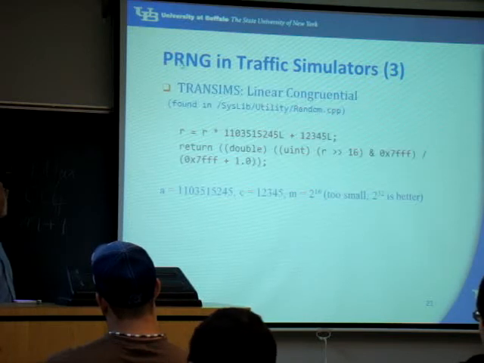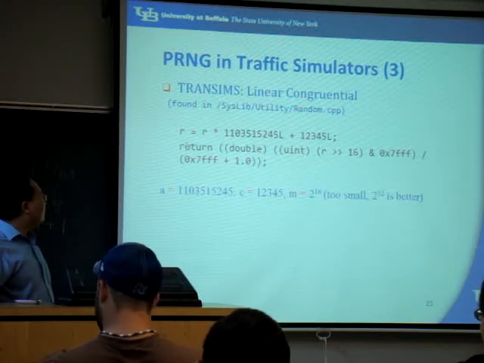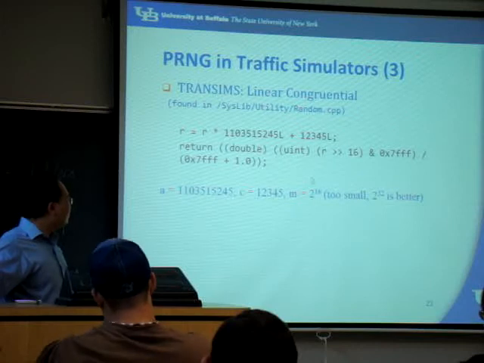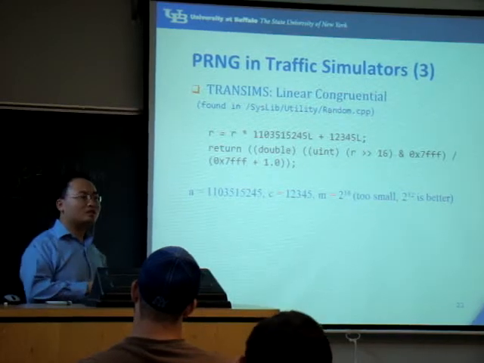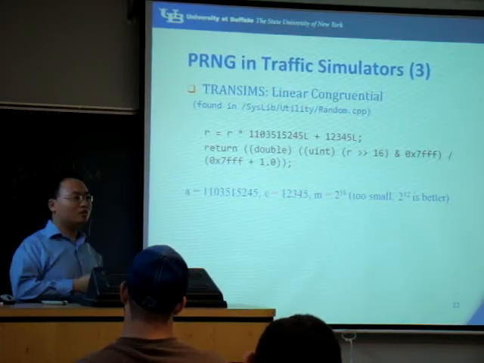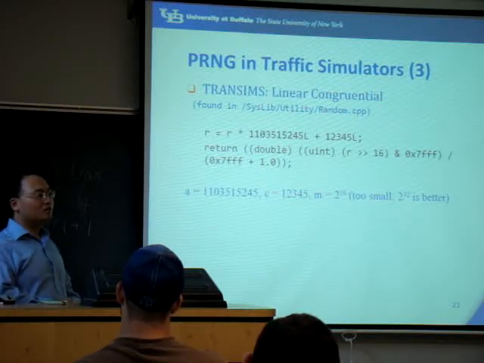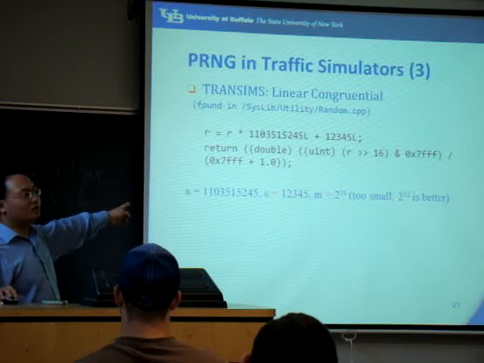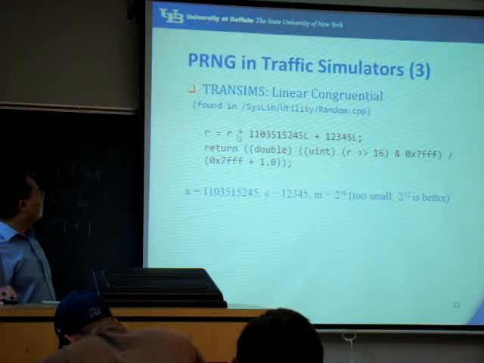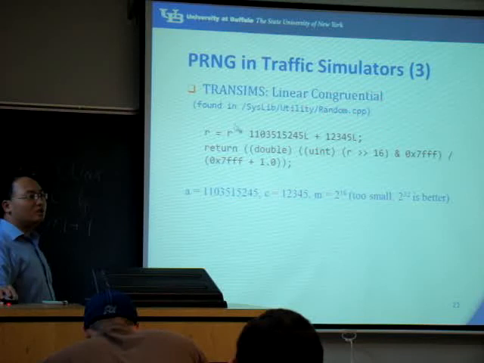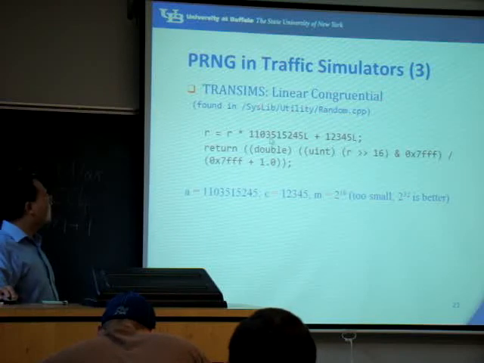Then let's go to transit. Transit is also using linear congruential, and it has only 2 lines of code. So actually, I want to limit my analysis in the class of the program, because last time somebody told me that it was very difficult to understand a lot of code. So I will limit the size to only 2 lines. So here we have 2 lines to generate random numbers. And how do you tell it's linear congruential? So R is the output of this generator, and R is equal to R multiplied by something plus something. So this will be A